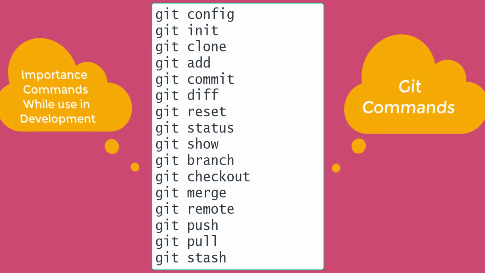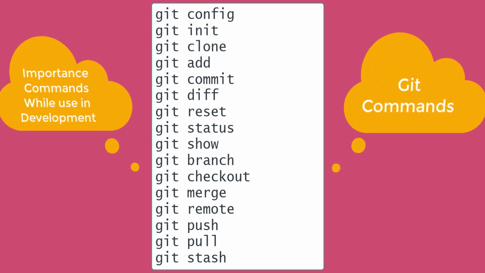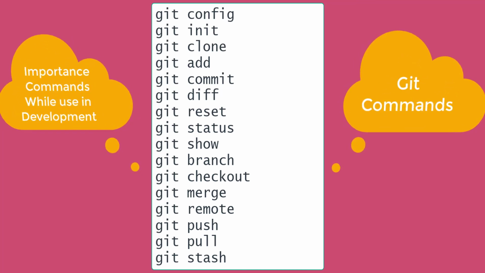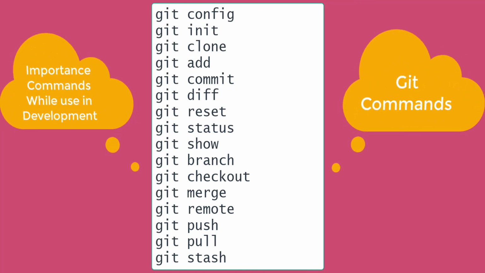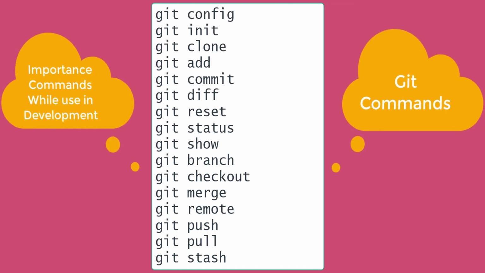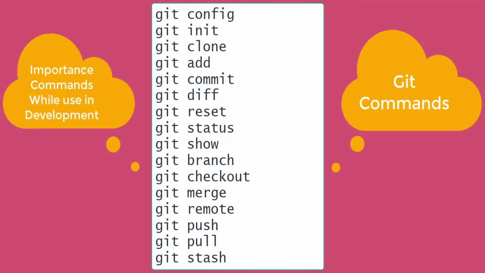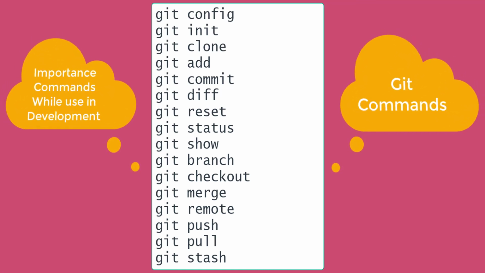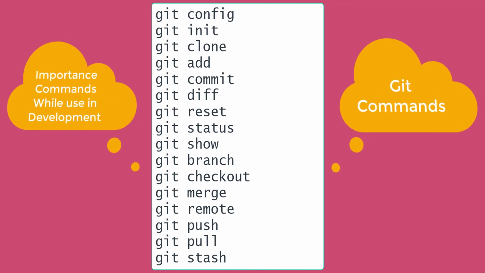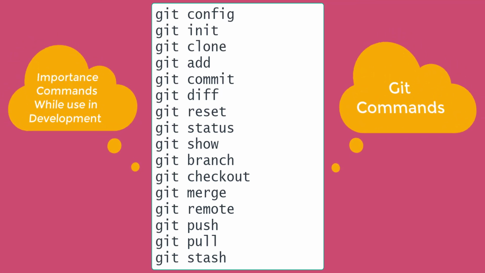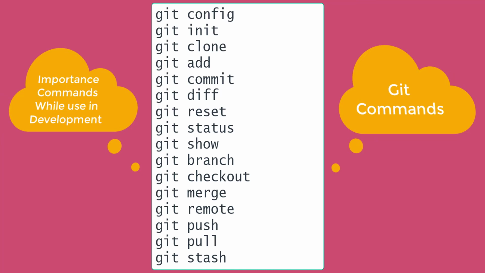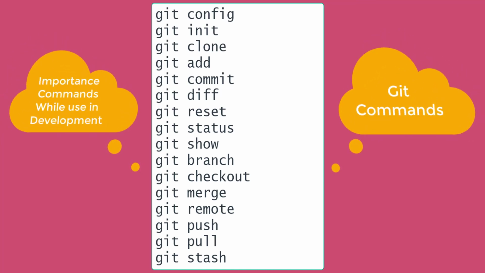And git push. Git push, what it does, if you have committed changes in your local machine, it will push all the files to your particular repo and to the branch. Git stash is for temporary working purposes. Suppose you don't want to commit right now, you are going to keep it in your local. In that case, you will use git stash. Okay, I hope you understood.